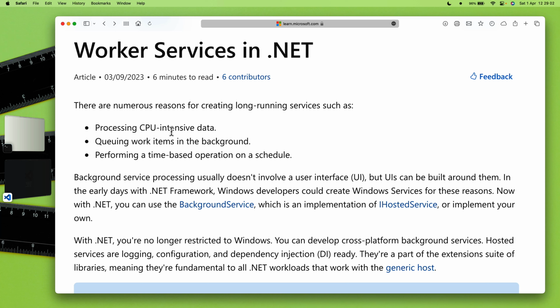Secondly, you may want to do something in the background which you don't want any user attention. And the third one is a time-based operation on a schedule. So you want to run something at every interval of time, for example every 20 minutes or every 1 hour, you want to run some sort of logic in the background, and that usually runs that logic every couple of seconds or minutes, the timeline that you define